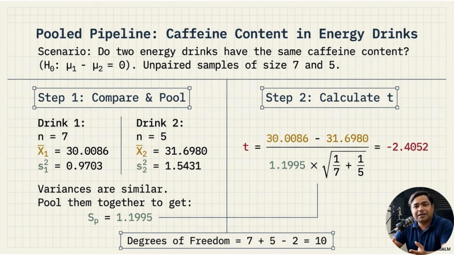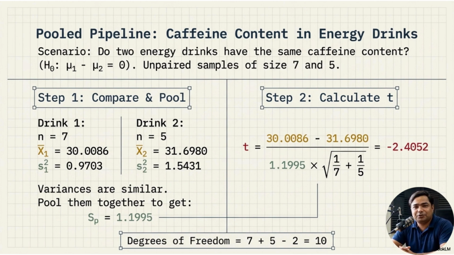Now, when interpreting this result, we need to compare the calculated t-value with the critical value or use a p-value. The important point is that the negative sign only tells us the direction of the difference. It means drink 1 has a lower sample mean than drink 2. For significance, we usually consider the magnitude of the t-value and compare it with the critical value based on the